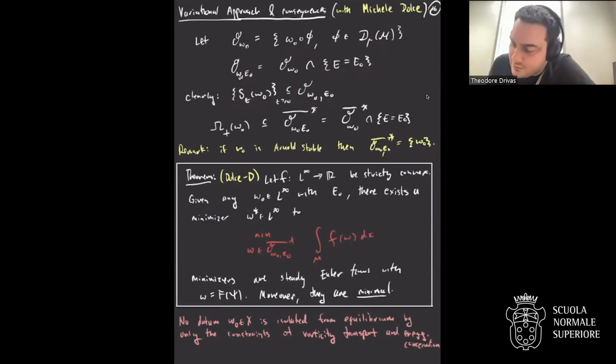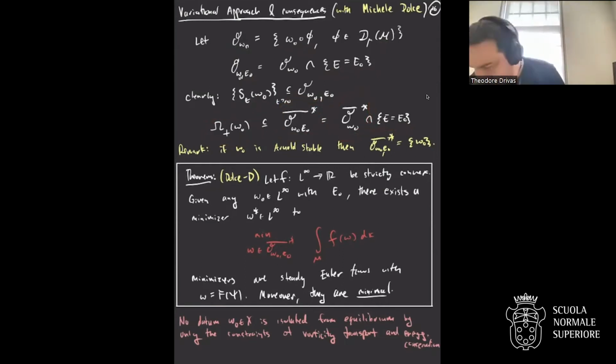And thus, if you look at the weak star closure of this set, it contains the omega limit set for Euler. Right? So moreover, because of the continuity of the energy, this is just the intersection of the closure of this one by itself with equal energy. Okay. So you could think of this set as a proxy for the omega limit set for Euler. It's probably much larger in most cases, but it contains all the information if you just take into account transport by divergence-free field and conservation of kinetic energy.